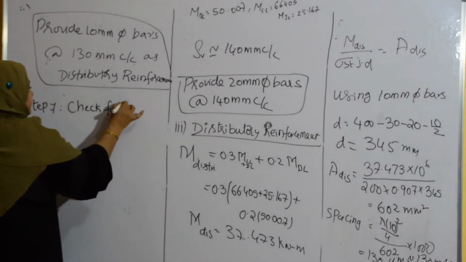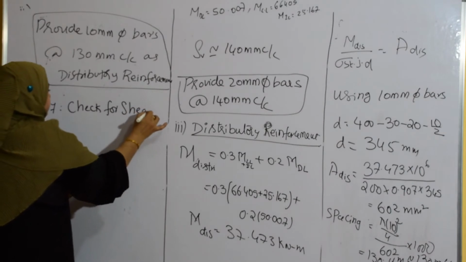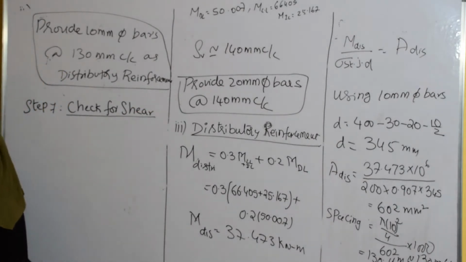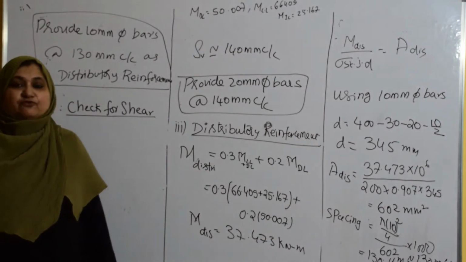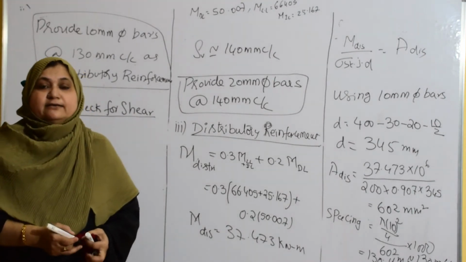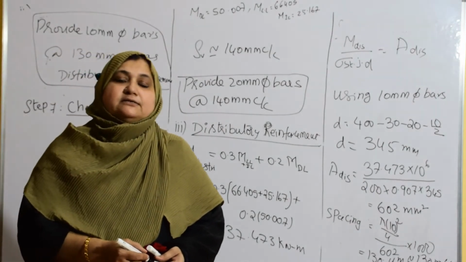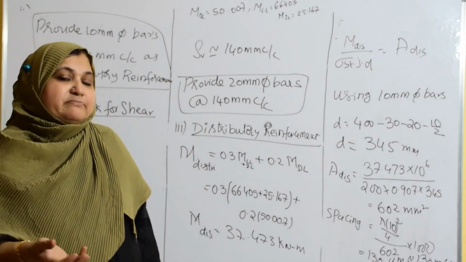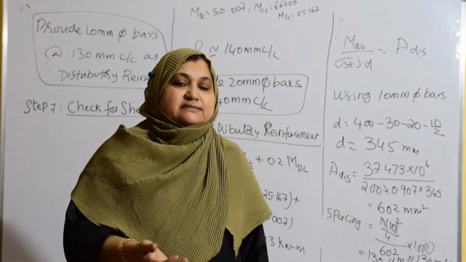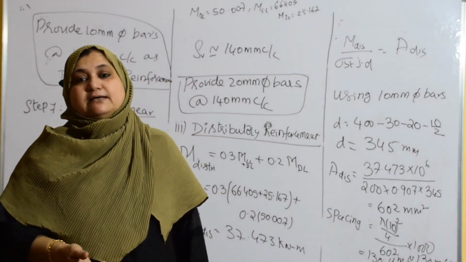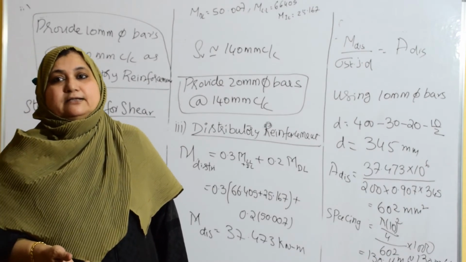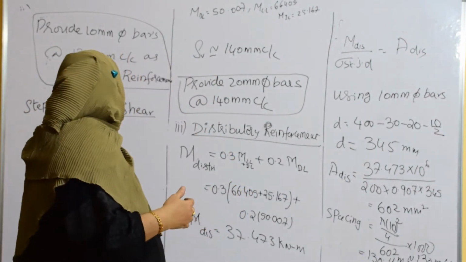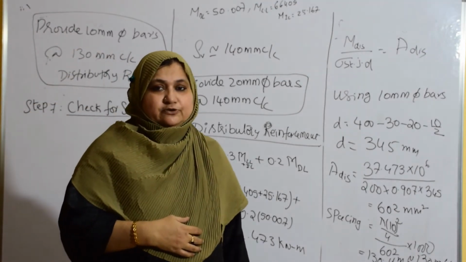So this is also a very big step. Understanding is very much required. Okay, you have to understand. So all of you know that shear force is maximum at the support. Yes, maximum at the support. As you know, for flexural members, bending moment is maximum at the center, shear force is maximum at the support. Okay, at the support. Fine. So we have to check for maximum shear force.